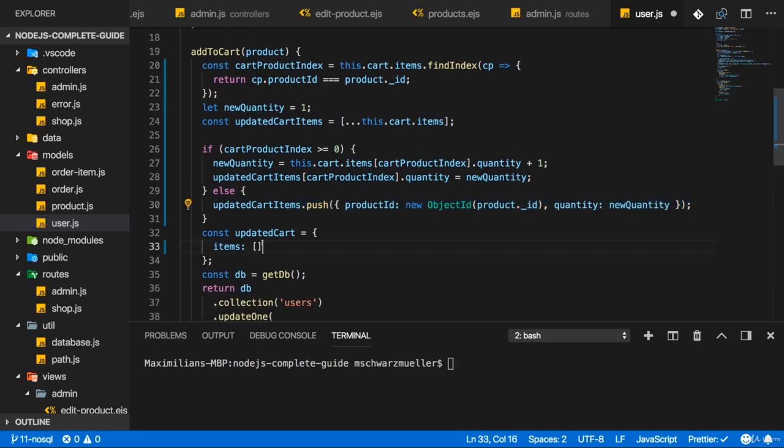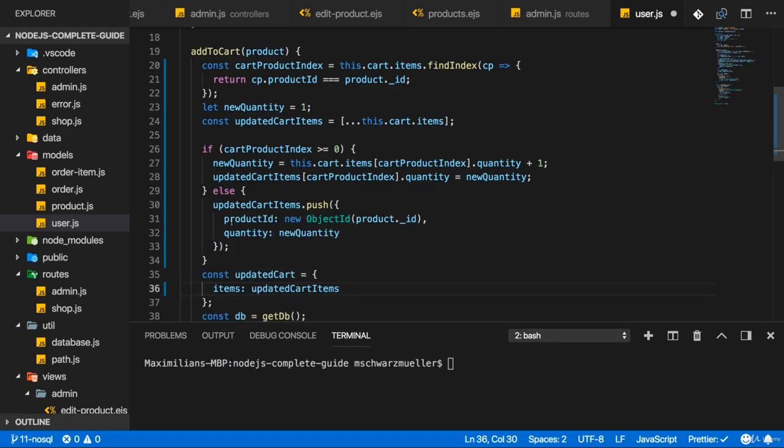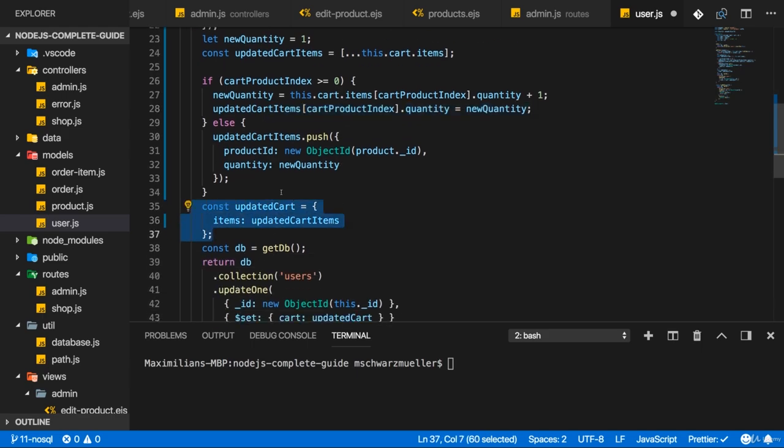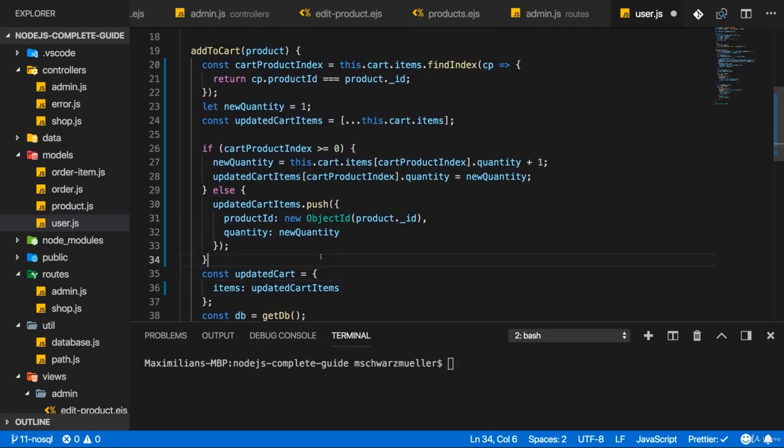And then down there for updated cart, I can always set my items equal to the updated cart items, because that will always be an array with all the old elements, because I copy it first, and then with the update added. So either with the quantity increased for the existing element, or with a new element added to the cart. So then I can safely have my updated cart down there and save that to the database with all the updated items in there. So if I save that now,